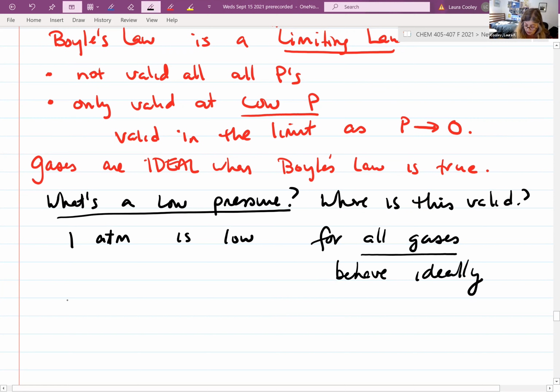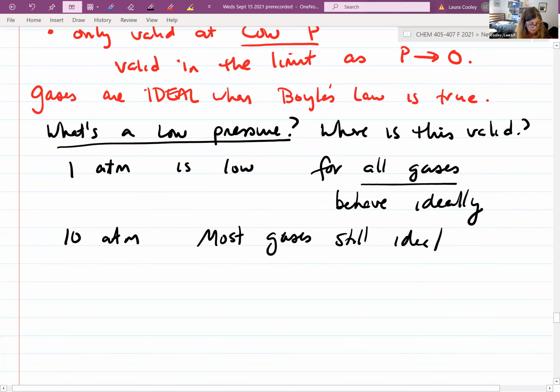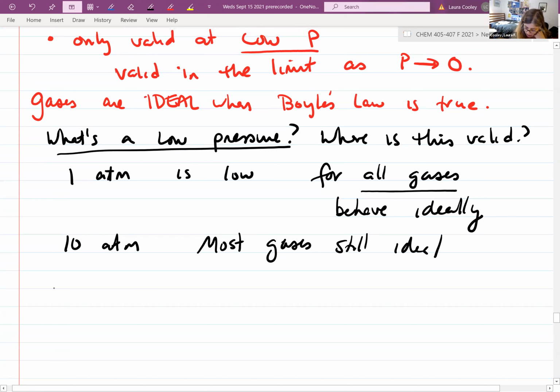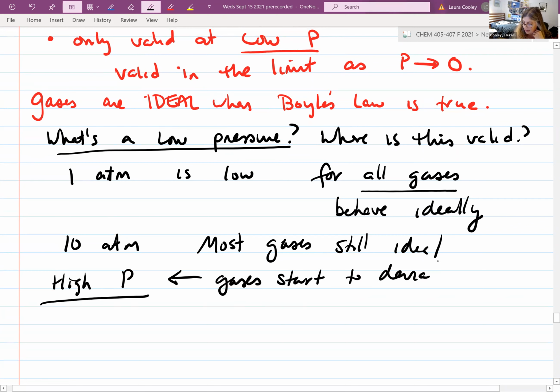They obey Boyle's law. At 10 atmospheres, most gases are still quite ideal. It's really at very high pressures when gases start to deviate from ideality